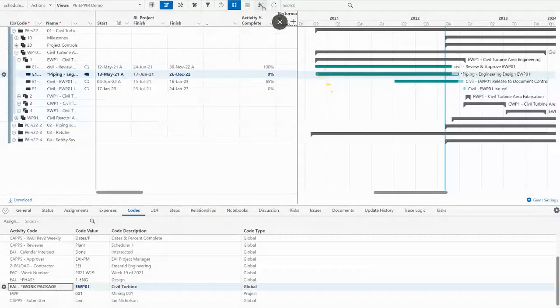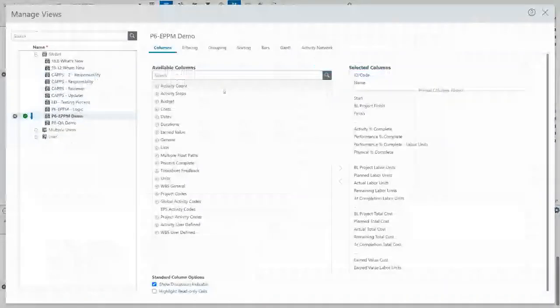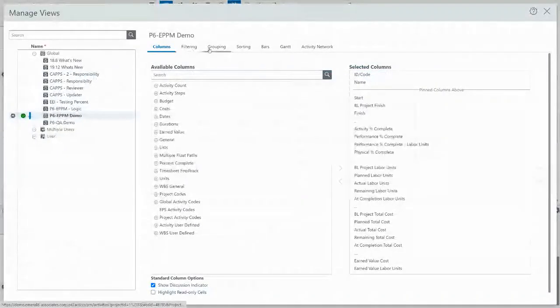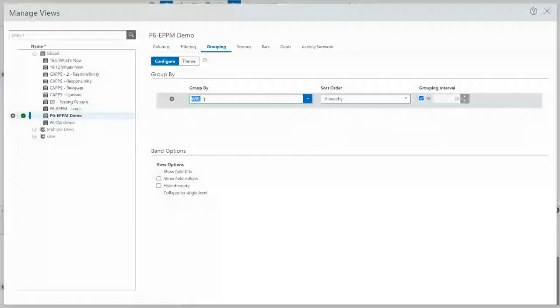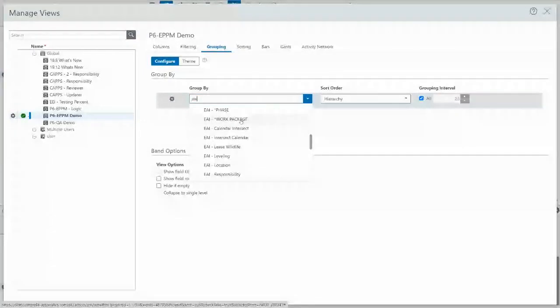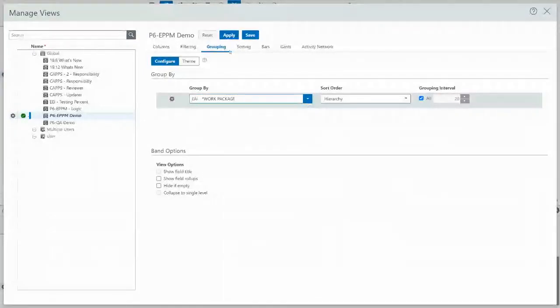So let me do that. And let's group. And I'm just going to change that. So let's see. EAI. And there it is. That's the one I was looking for. So let's group by the work package. So instead of looking at this by WBS, we're going to get it to flip and group by a different